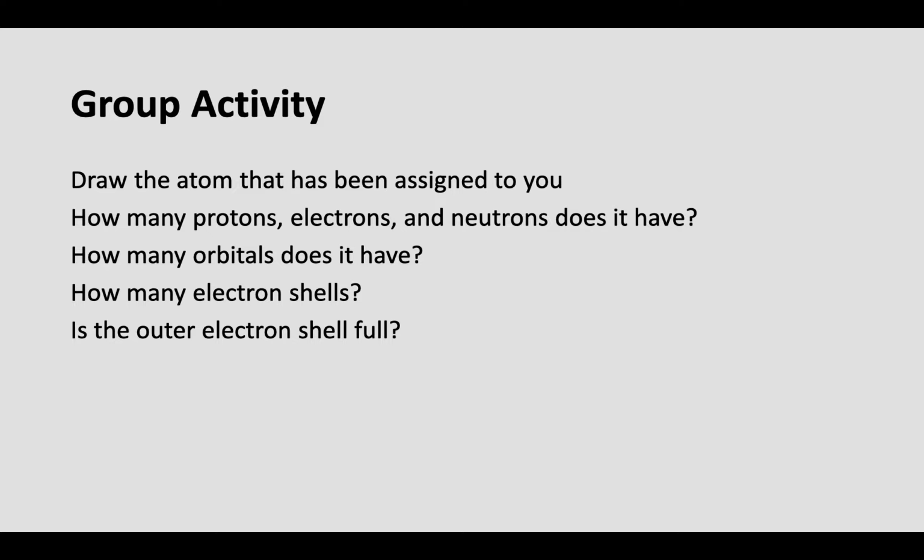So let's see here. What atoms did I pick? This group over here, Mia, Astrid, Lakeisha, and Addie, I'm going to have you do carbon. Group in the corner here, Ella, Eli, Victor, and Alex, I'll have you do nitrogen. Back row, let's have you do oxygen. Jenna, Catherine, Leota, Megan, and Natasha, big group here, I'm going to have you do carbon as well. I'm going to have you do helium here.